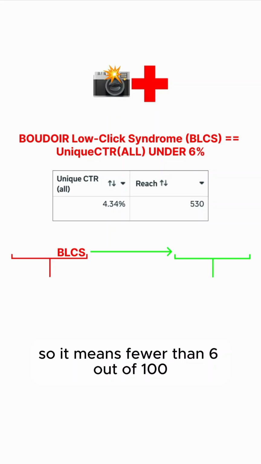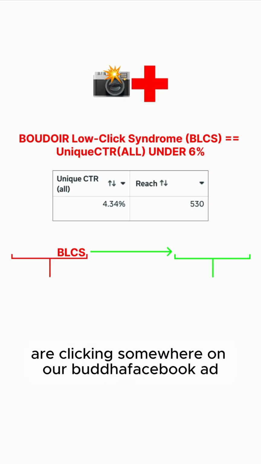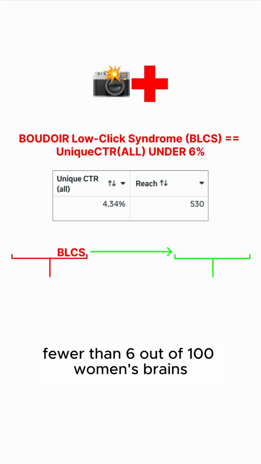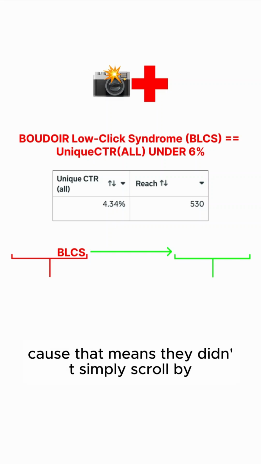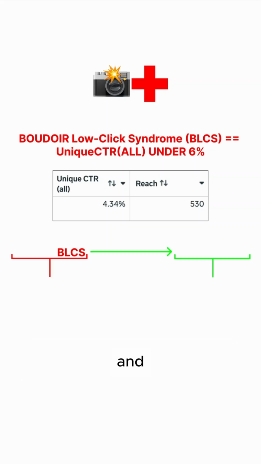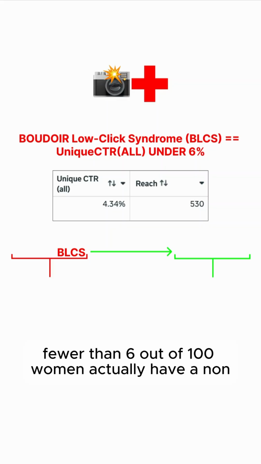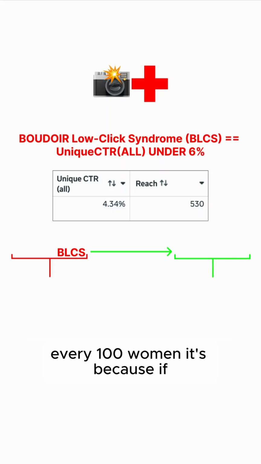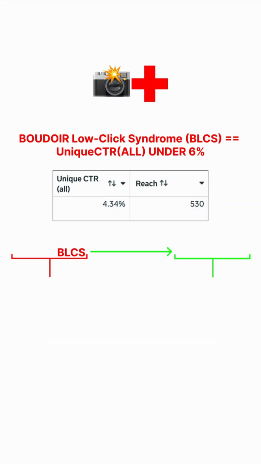So it means fewer than 6 out of every 100 women are clicking somewhere on our boudoir Facebook ad, which means our ad is entering fewer than 6 out of 100 women's brains, because if they clicked somewhere on it, they didn't simply scroll by. And that means fewer than 6 out of every 100 women actually have a non-zero chance of buying from us. It's because the only way they have a chance of buying from us is if our ad enters